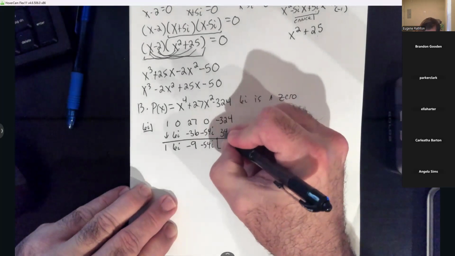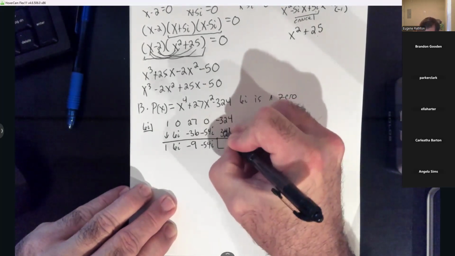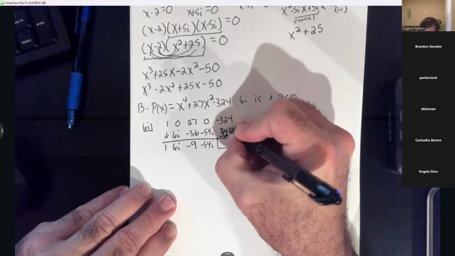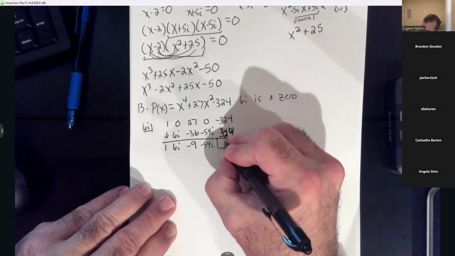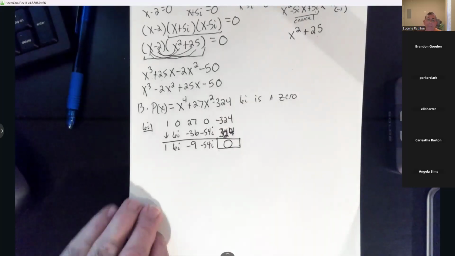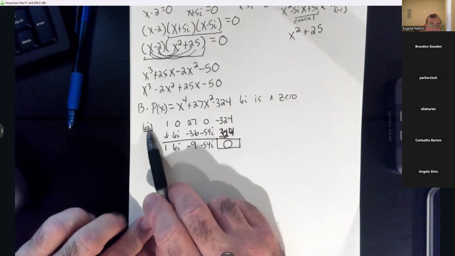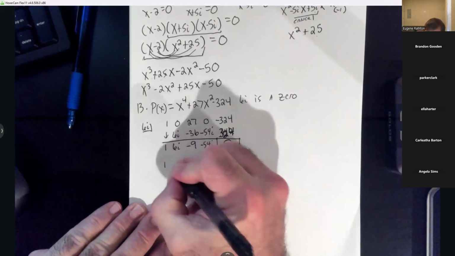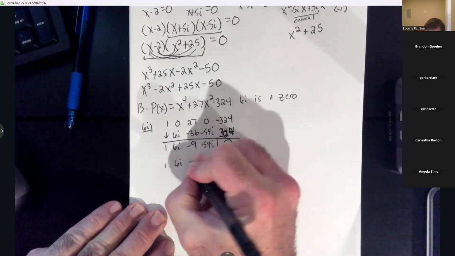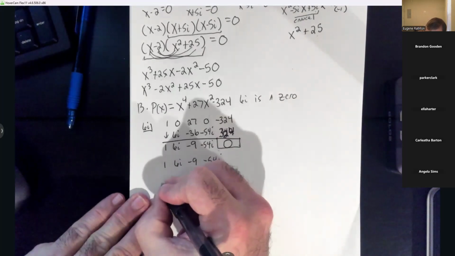I'm getting bad on my numbers. That's a positive 324 there. Negative 324, positive 324 gives me a remainder of 0. But you knew you'd get a 0 there because they gave you this one. So y'all, now we take these 4 numbers, 1, 6i, negative 9, and negative 54i,